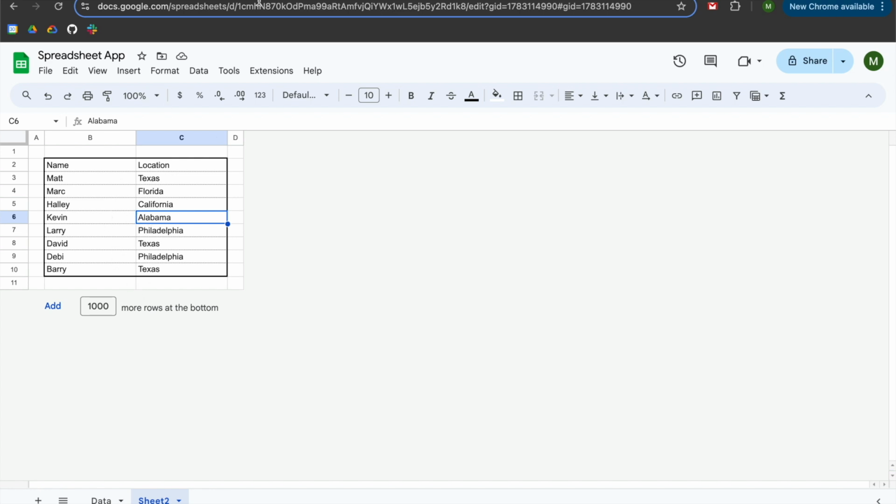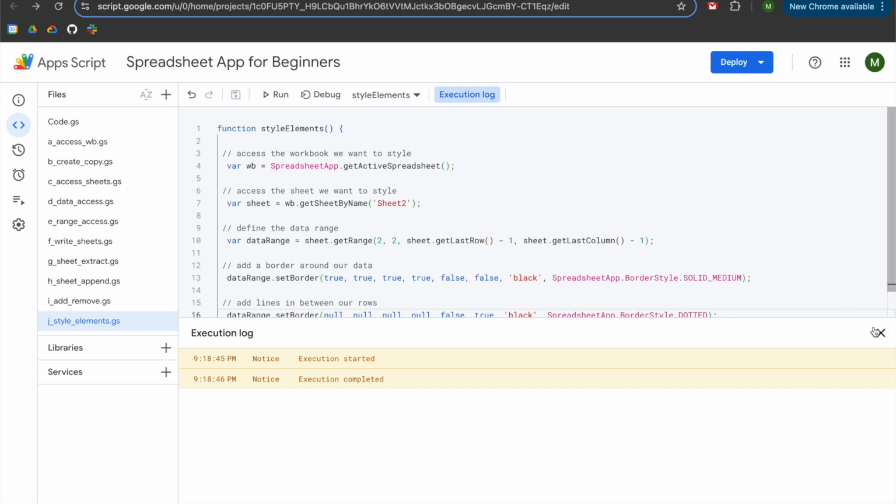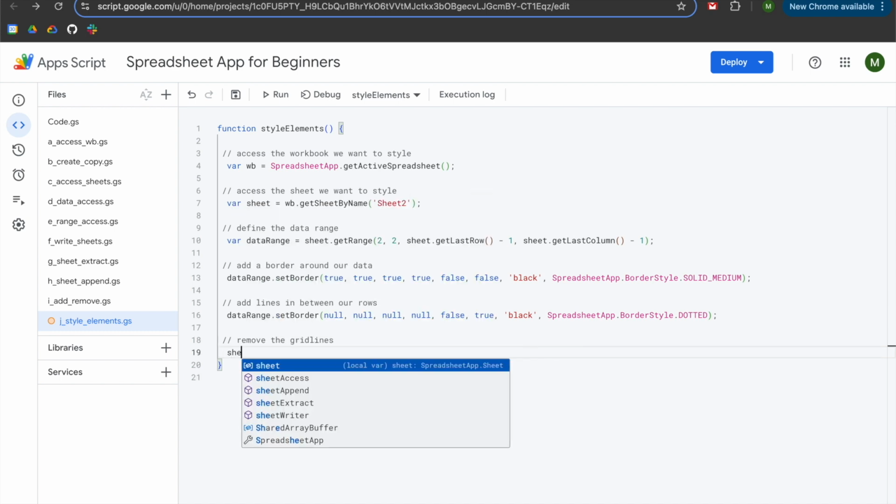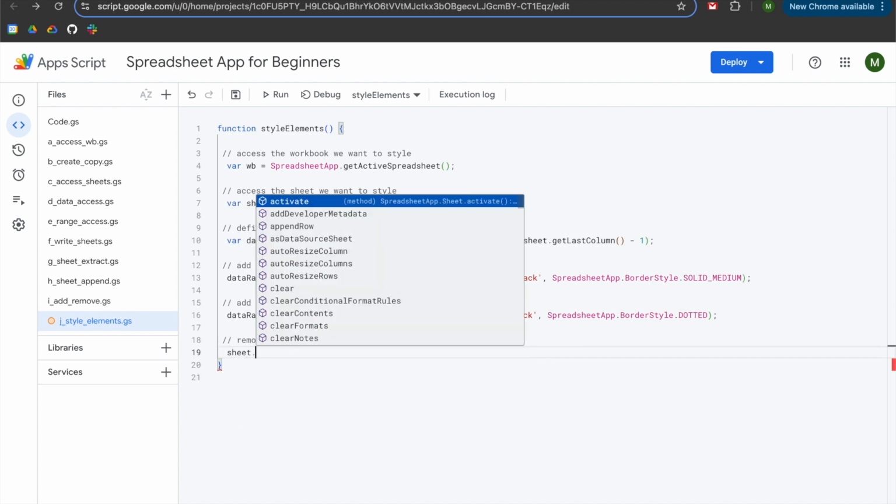So what I'm going to do is teach you how to remove grid lines. So we're going to go back to our script. I'm going to hit X. I'm going to go to the right of the add lines in between our rows. I'm going to hit enter twice, left arrow once, 2 slashes for a comment, and we are going to remove the grid lines. So we're going to hit enter and tab, and we're going to reference sheet dot, and then I'm going to type in